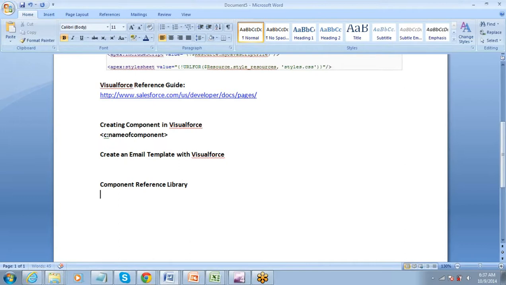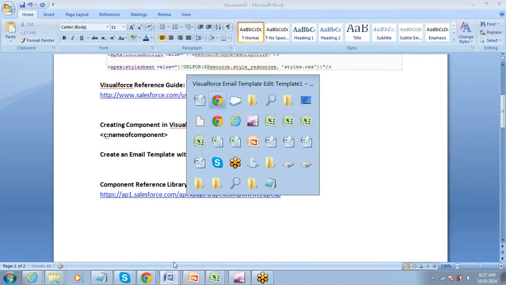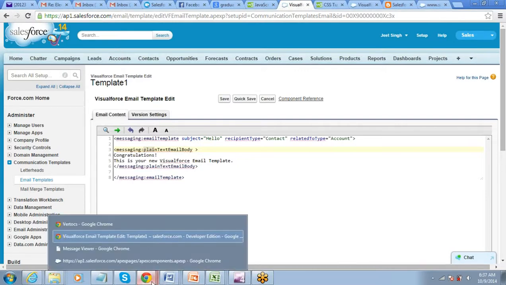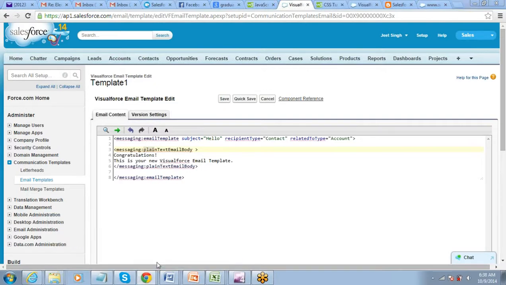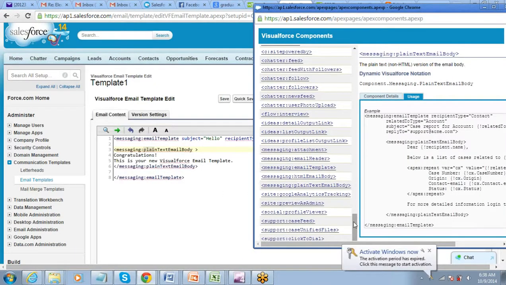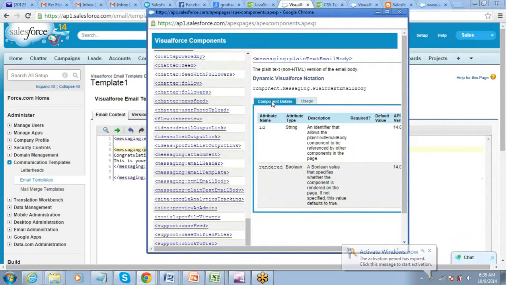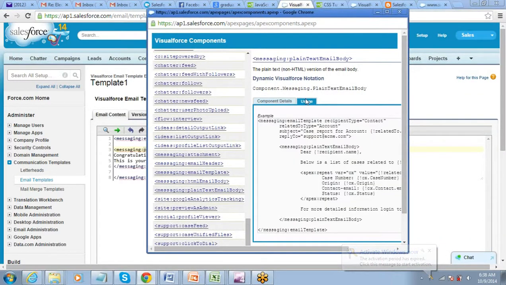Because you would have noticed that there are so many components there, right? Now we definitely don't need to know each and everything. Like I don't need to know everything in CSS or everything in JavaScript. I don't need to know all the components in Visualforce, and I also do not need to know all the attributes in all the components. Now when you go to the component reference library, you click on any component, it will show you what all attributes are there and a usage of it.